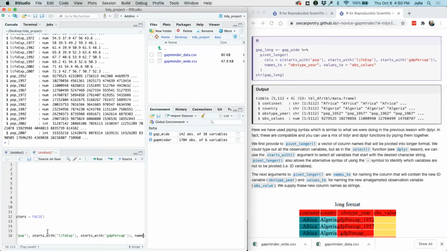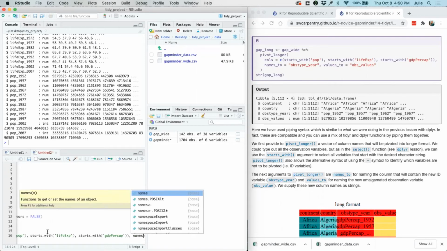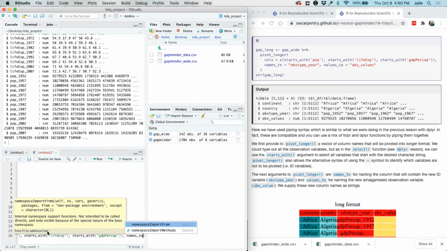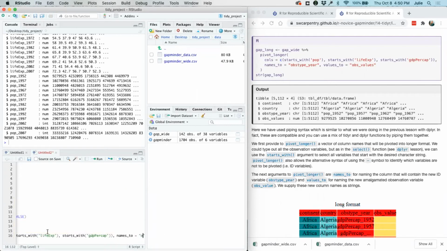So we do the next argument, which is names to, which we will be calling the obs type underscore year. And then we want the values to, this obs value, again, for naming the new observation variable.